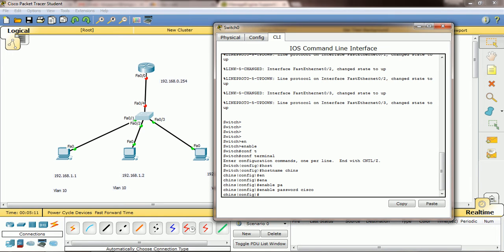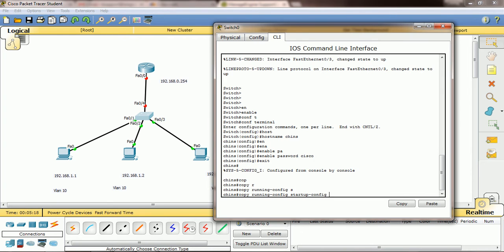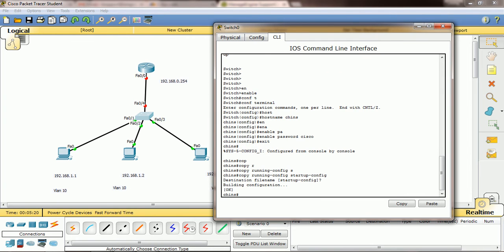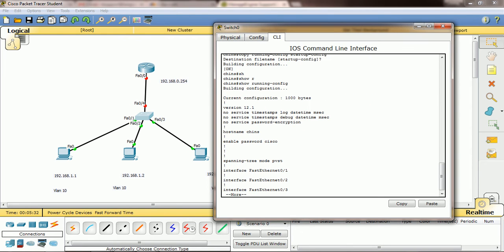For that you need to exit, then type copy running config startup config. Every time you make any changes, you need to run this command. Now see show running config. Here you can see we changed the host name and enabled password Cisco. So this password is visible to everybody. Once they enter, they can view the password.